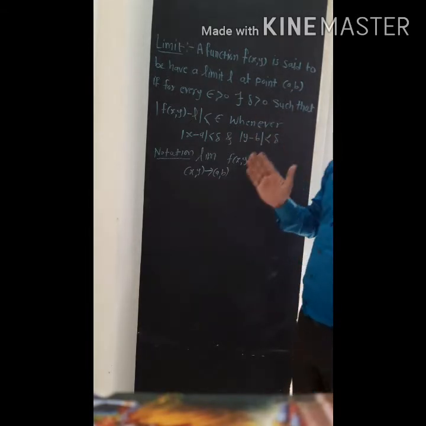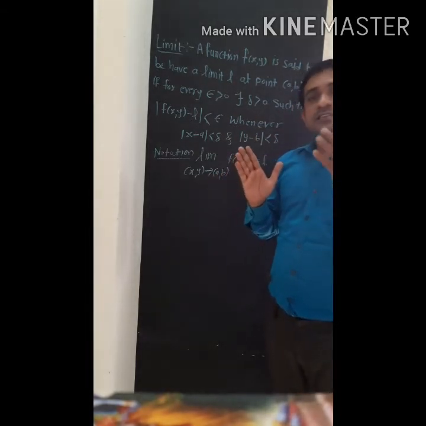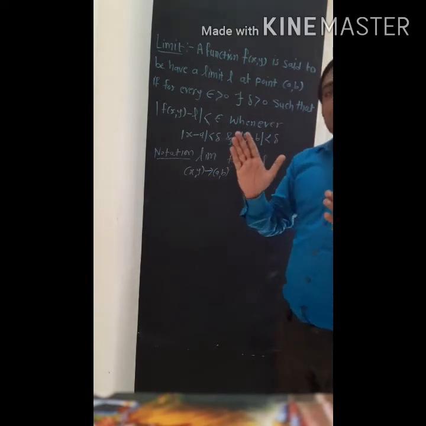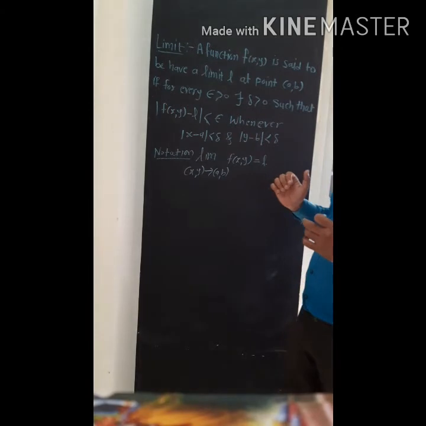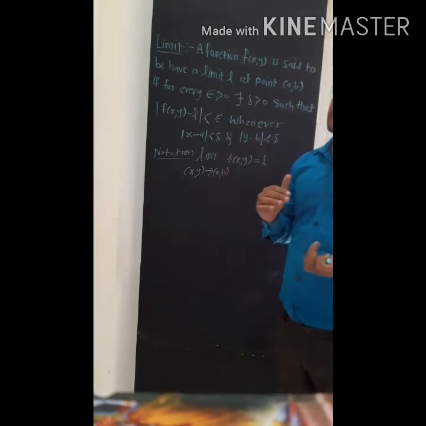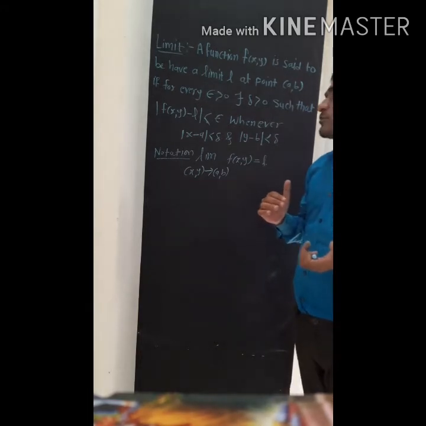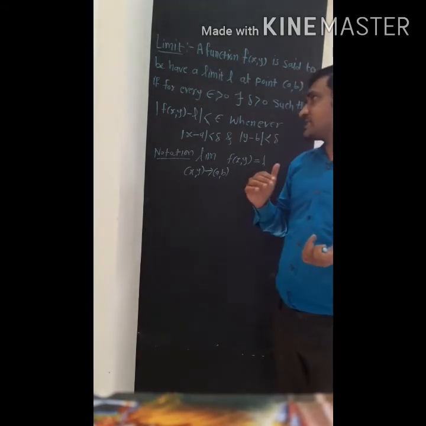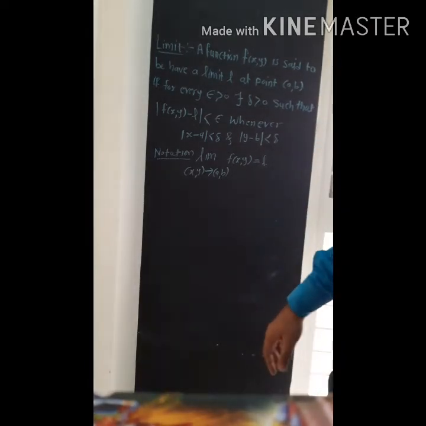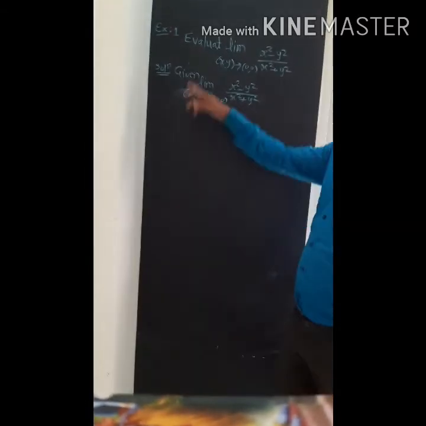If the limit exists, then it is equal for every path taken along its domain. Okay? If for two different paths we get two different limits, then the limit of the function does not exist. Now we can see the examples of limit. Now we see the first example.